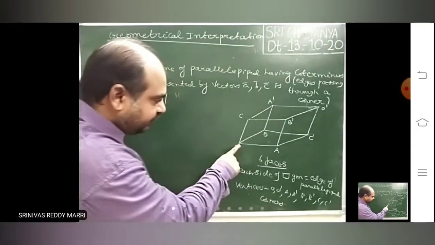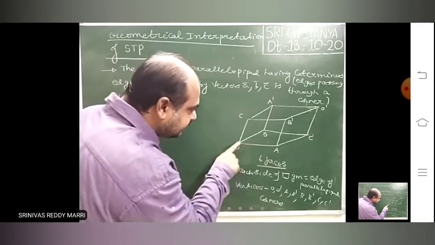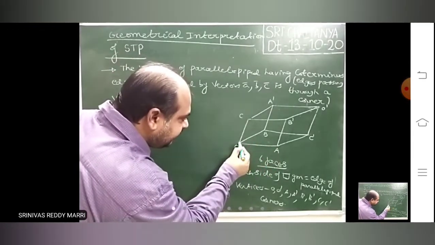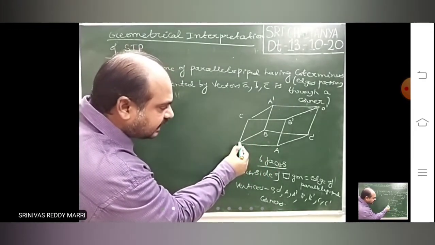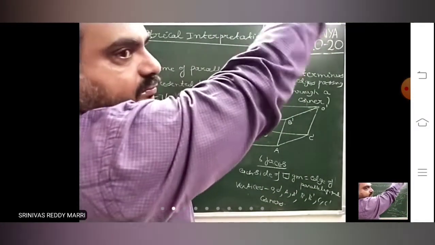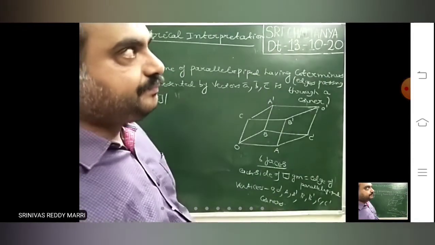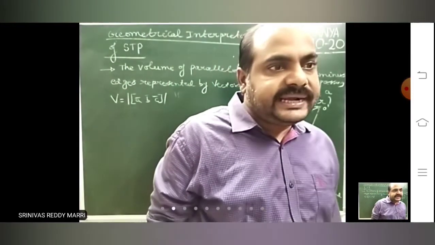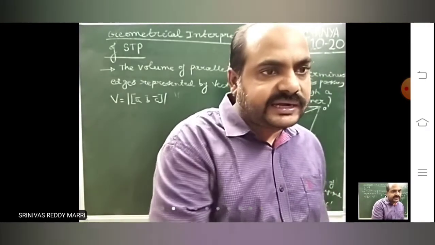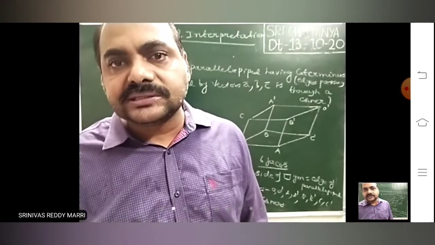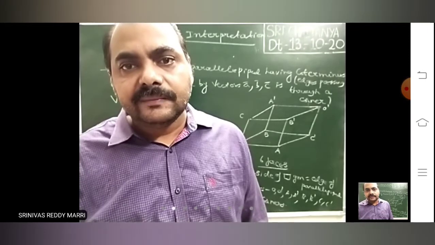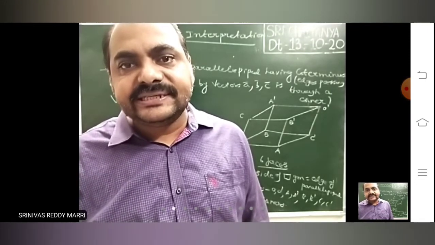Look at passing through O. Passing through O, how many edges are there? These 3. So these 3 edges will intersect at O. It is called a corner. Corner of the parallelepiped. Like that, above you see the above one. 3 edges will intersect at one corner. Corner means nothing is there. Whatever the vertices are visible, they are called corners of the parallelepiped. Through any corner, there will be 3 sides, 3 edges passing through.